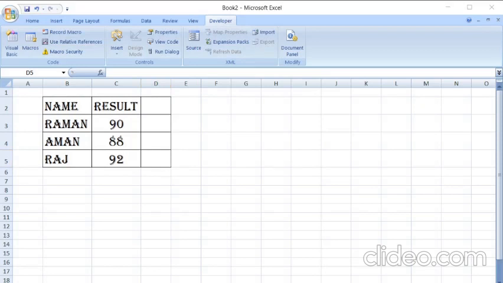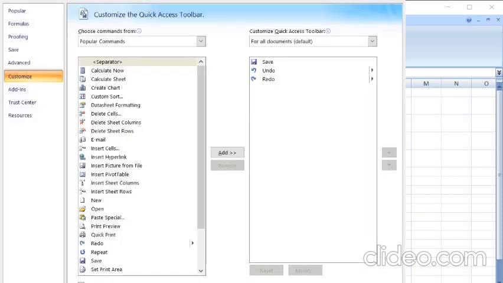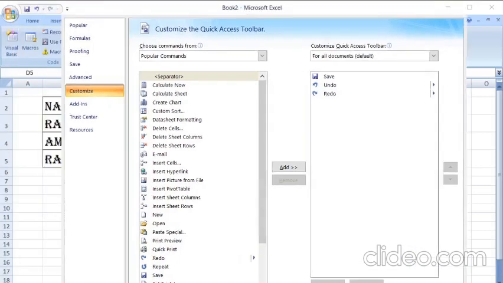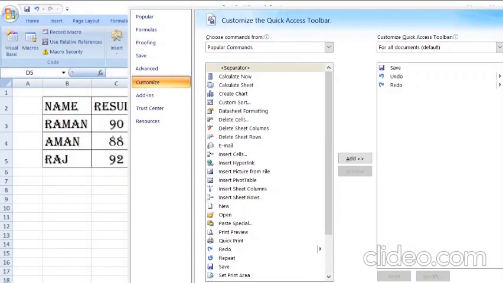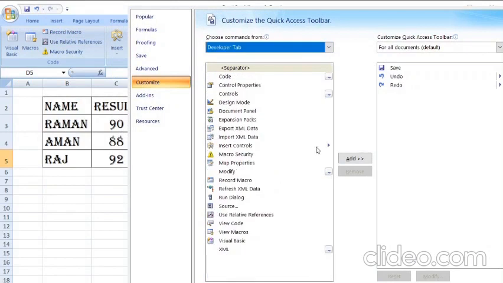I will show you how. As you have seen, it is showing Customize Toolbar. In that, click on the Developer tab and then click on Add, then the Developer tab will be added to your tabs list. Clear?